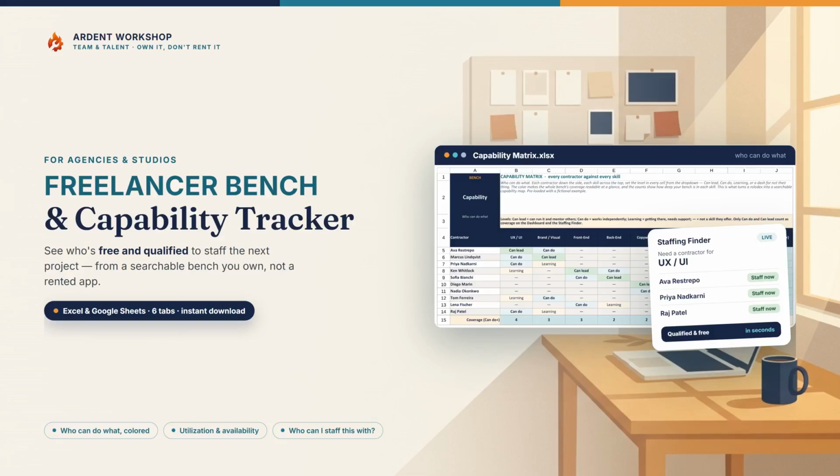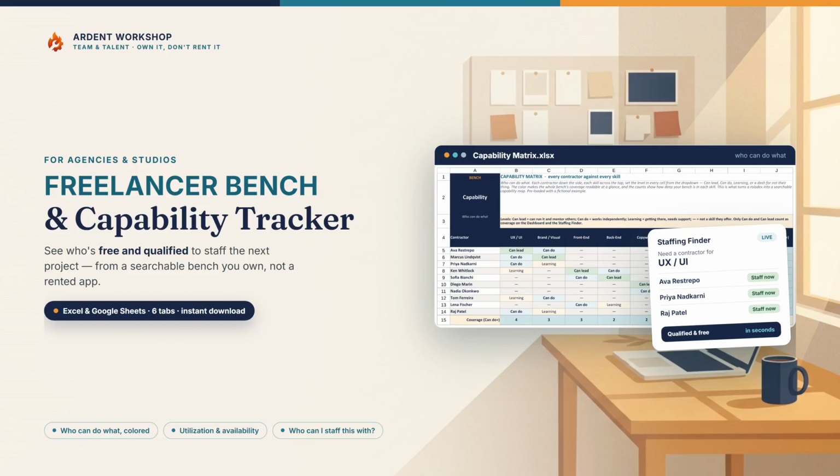Most studios and agencies staff projects from a bench they can't actually see. Who's good at what, who's free, and what they charge, all in one person's head. This is the Contractor and Freelancer Bench and Capability Tracker, a connected spreadsheet that turns that mental rolodex into a